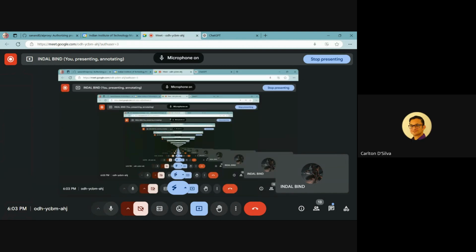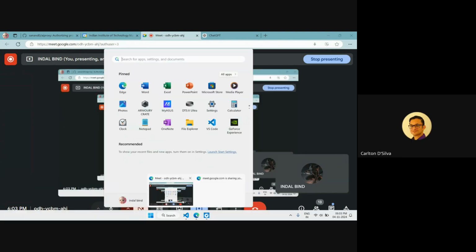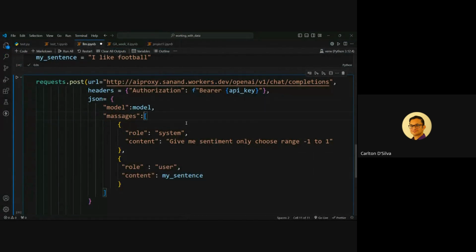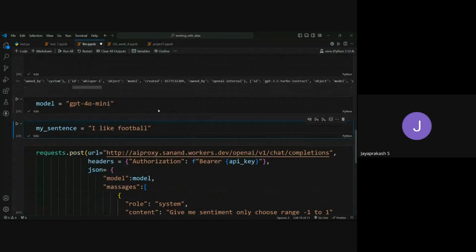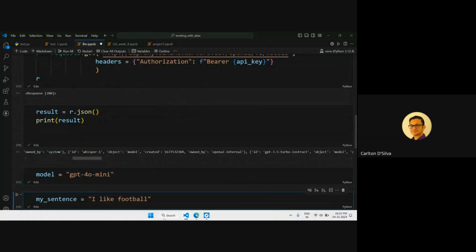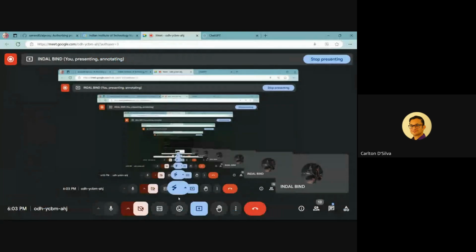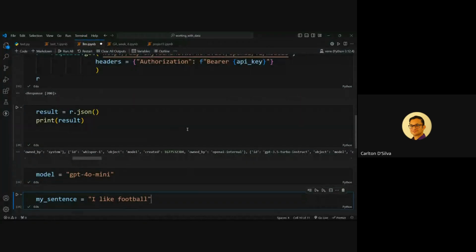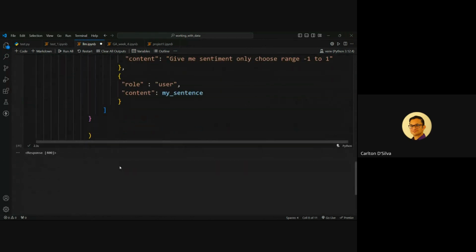So it is just something that it gave based on our prompt. We said choose positive or negative, and we gave it a range. If you remember our prompt, it's totally dependent on our prompt. We could have said give me a score ranging from 0 to 10. So it's completely dependent on our prompt. In other words, it's not mathematical like the TextBlob was.